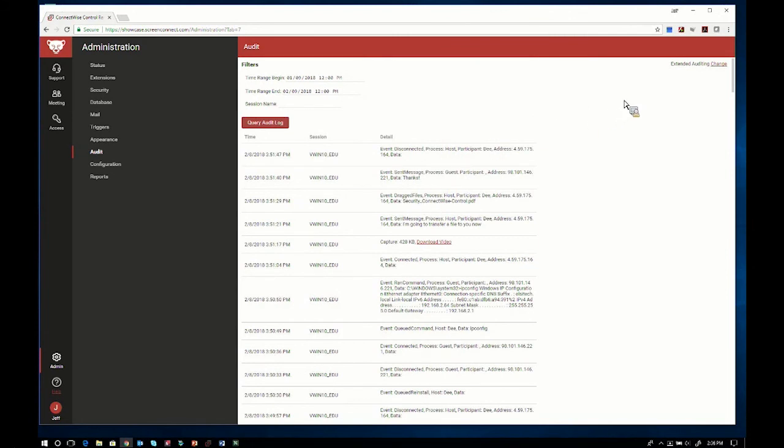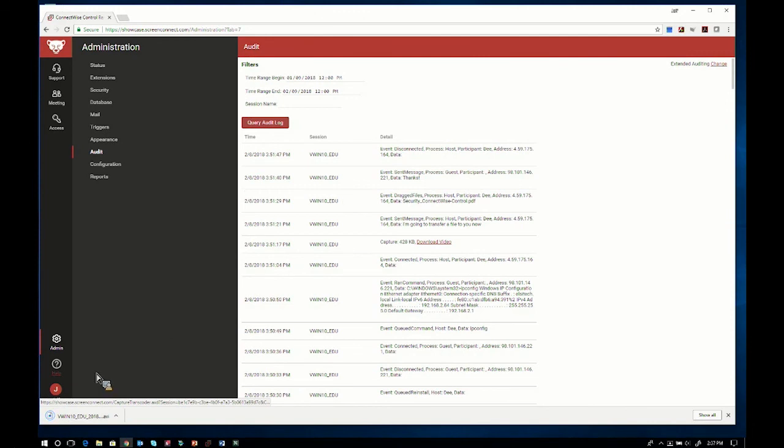One of the things that we provide is what we call extended auditing, or video auditing. This allows us to capture a video of every single remote connection. You saw that timeline earlier where D had hopped in and connected to the machine, sent a message, and transferred a file. Well, we can download this file here. It's going to come down into my browser. We can then open it up, and we would be able to see